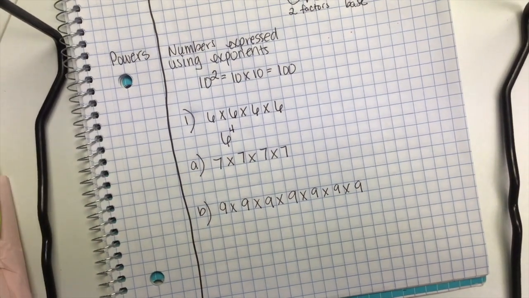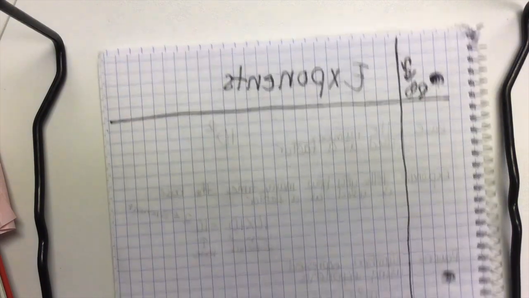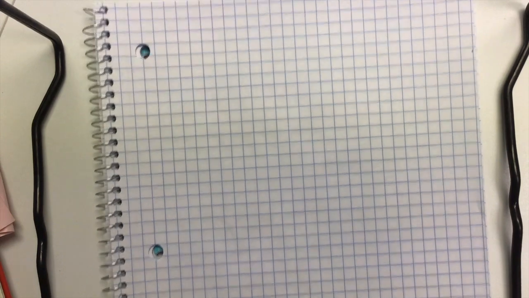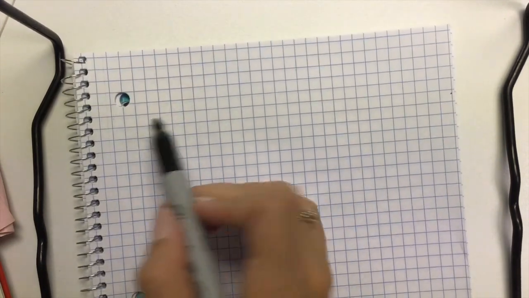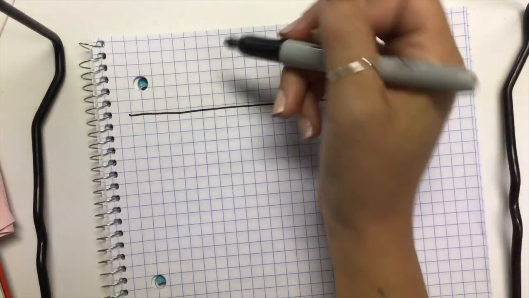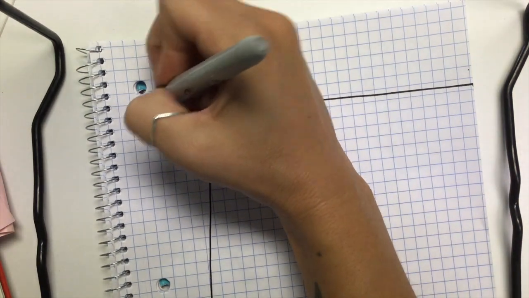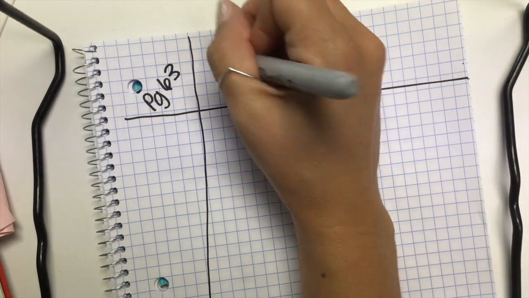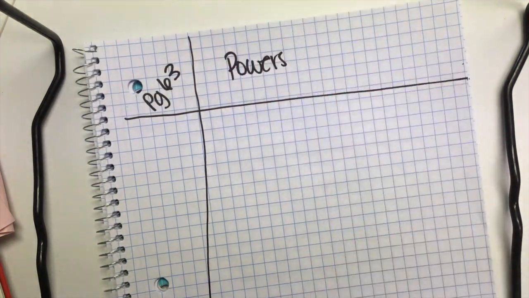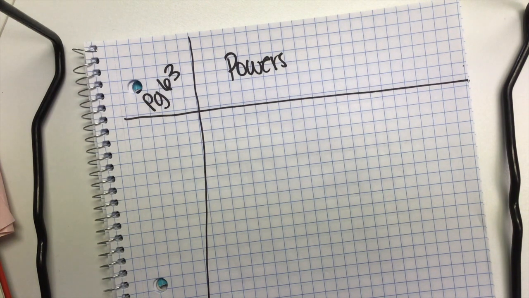Perfect. Now let's do the opposite. Go ahead and turn the page. And we are going to find how we can write an exponent. Let me fix these notes really quick and make them Cornell notes style. Oops, that went a little wonky. And now we're on page 63, still writing powers and exponents. So we can write powers at the top, powers. Okay, so we're at the top of 63 and it says number 2,